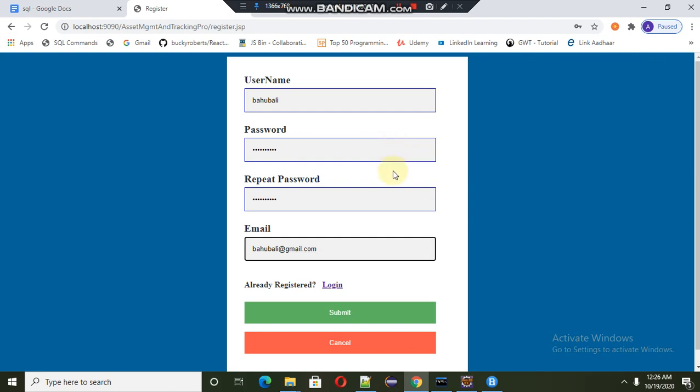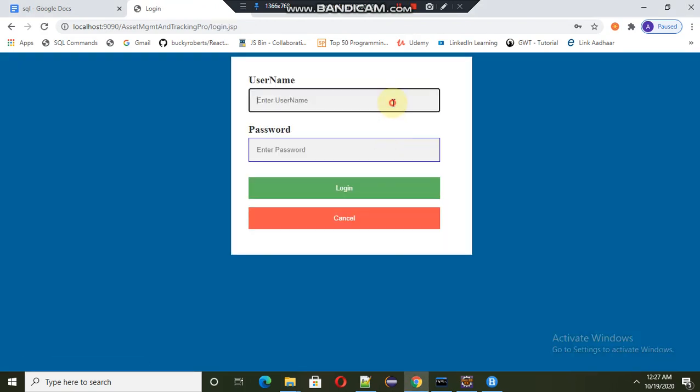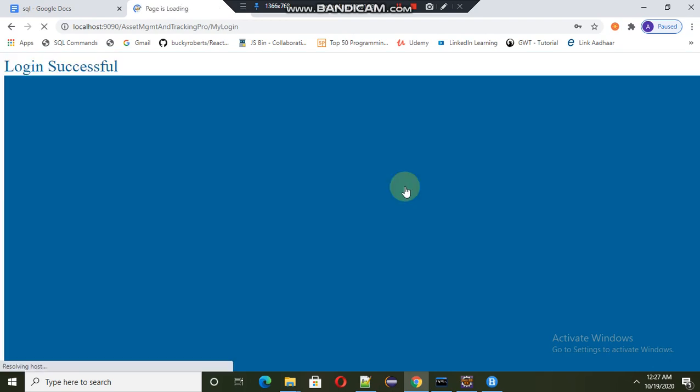Okay, so this is the important thing. Submit. Login again using the same username and password. Yeah, login successful.